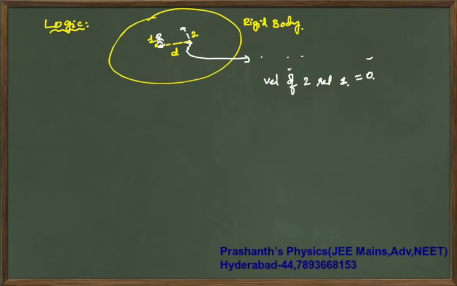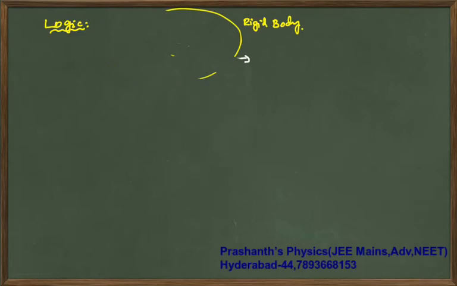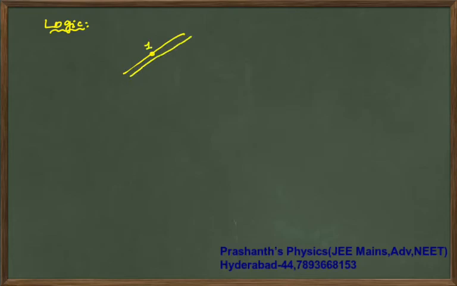That logic will get complicated because I did not do rotational dynamics. Let me not explain in this context, because things will get clumsy. Wait, I'll put it in a different style so that you will be able to follow. Now my point is, you have two surfaces. Let us say this is 1, let us say this is 2. Now if you take a common normal, what is this? Common normal.